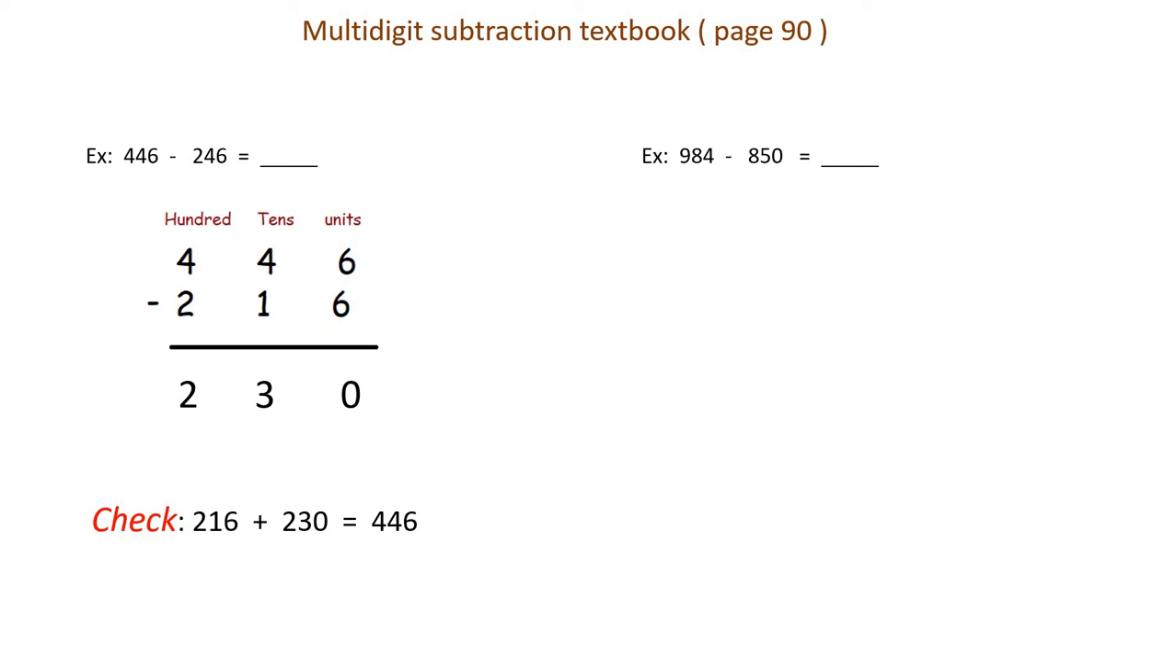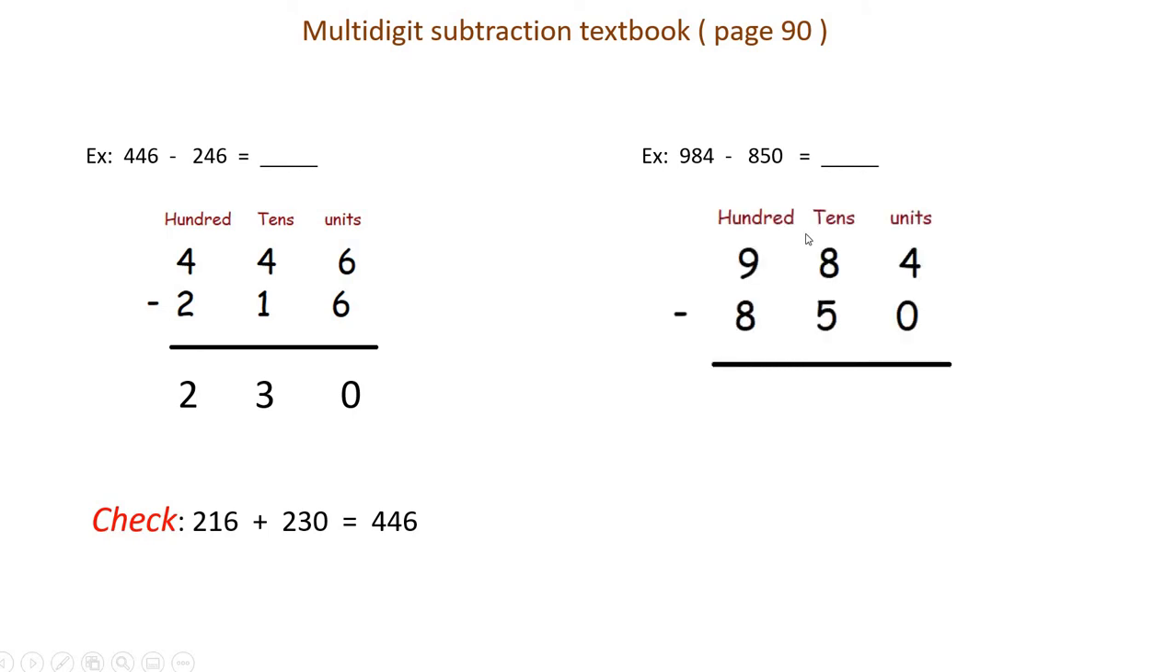Now I have 984 and I'm subtracting, or taking, 850 out of this number. Okay, I will stack them up to make my subtraction easier, and then I will start from the units here. 4 take away 0 equals 4, 8 take away 5 equals 3, and 9 take away 8 equals 1. So my answer is going to be